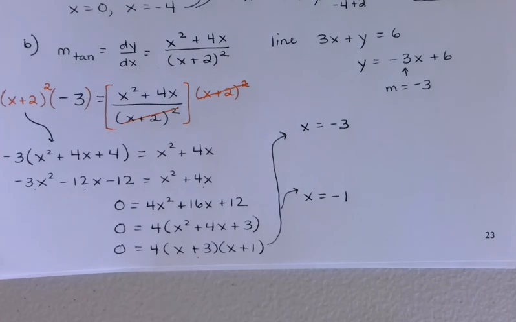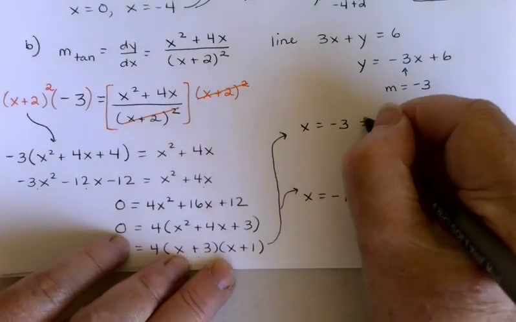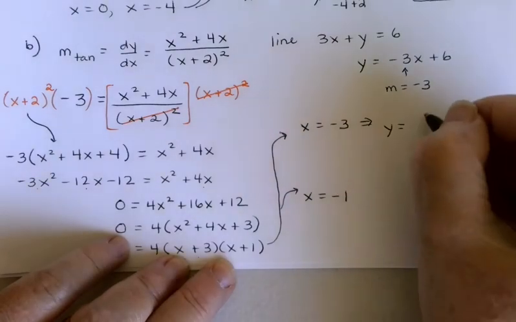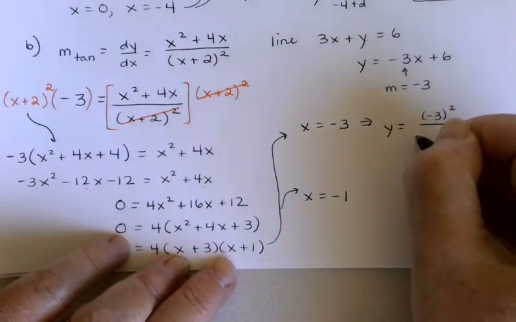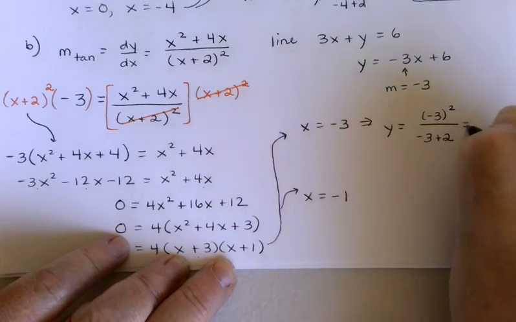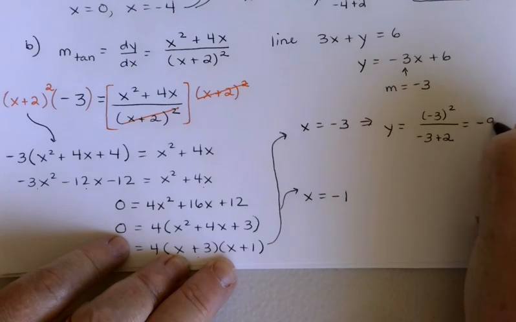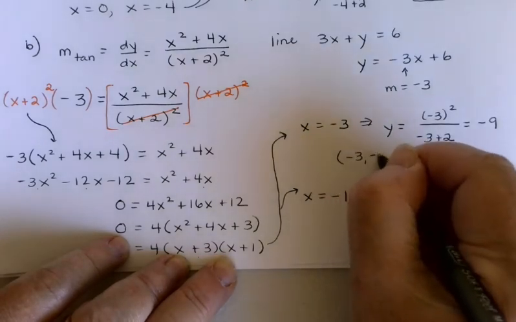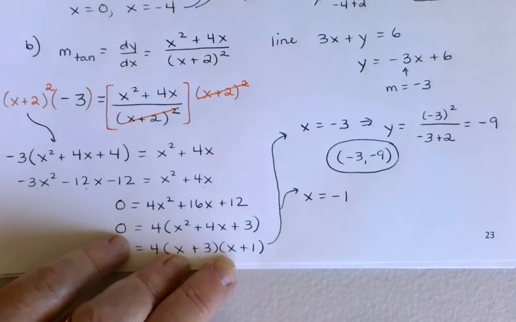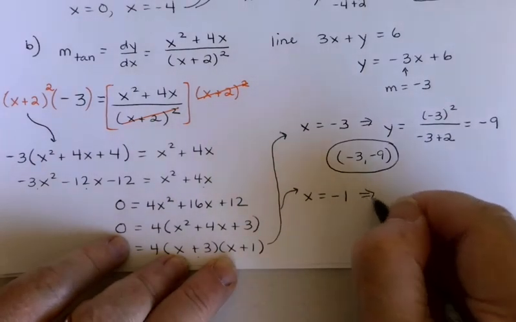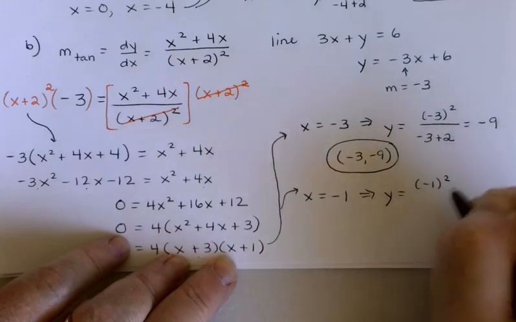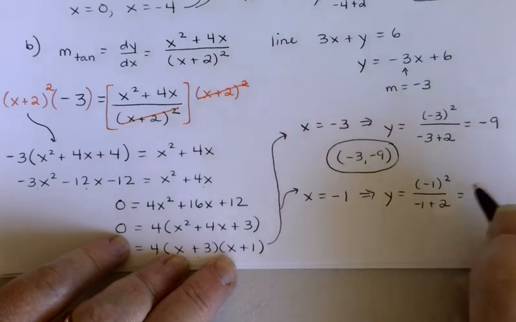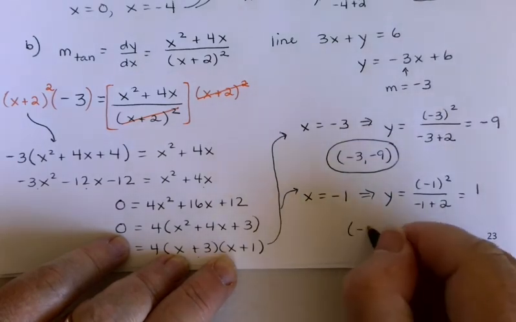In this particular case, we weren't asked to find the equations of the tangent line. We were just asked at what points is the tangent line parallel to that given line. So we'll just find the y values that go with this. Y here would be negative 3 squared over negative 3 plus 2. 9 over negative 1 would be negative 9. So the point negative 3, negative 9 is one of the points. And then the other one when x is negative 1. Looks like I'm going to get 1 over 1 or just 1 there. So negative 1, 1